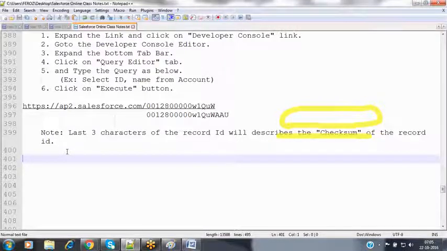So whenever we are performing operations on a record, we always have to use the ID itself, not the names. Because every record has a name field, but we can create multiple records with the same name, and Salesforce will blindly accept that. But to identify the record, we have that key, the ID, like a primary key. So we need that 18 character ID. Yes, for updation, for deletion, in order to restore records, all operations we perform are based on that ID only.